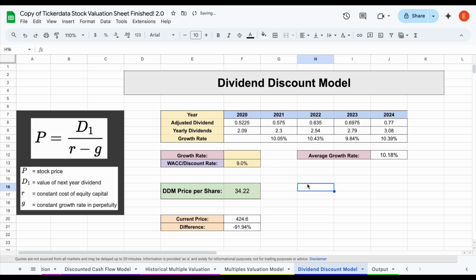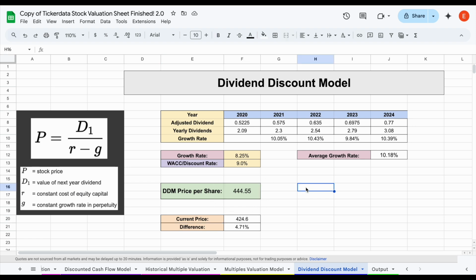Now we have to remember, in this valuation model, it's projecting the dividend growth rate for the entirety of the future, and eventually, most companies will start to slow down how much they're paying out in dividends. So you're typically going to want to do a slightly lower dividend growth rate than what you originally thought. So maybe in this scenario, we think an 8.25% dividend growth rate makes sense. With a discount rate of about 9%, we'd come to a dividend discount model price per share of $444.55, which is just slightly above the current share price.